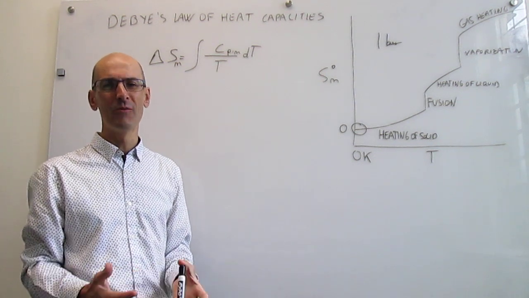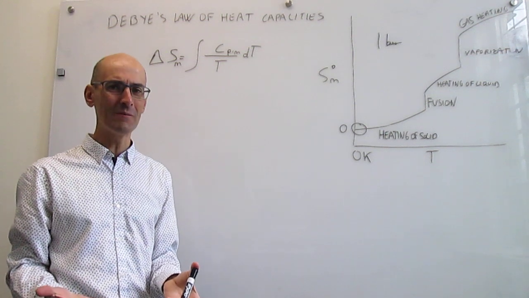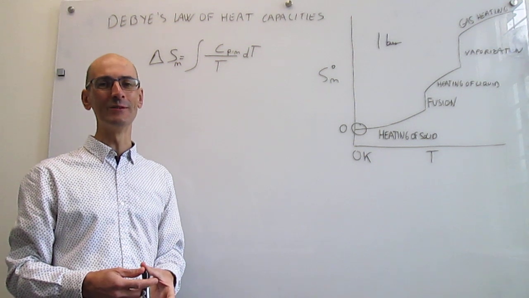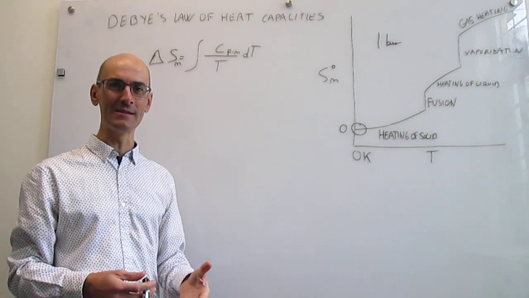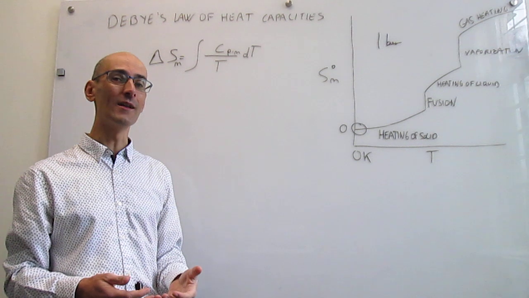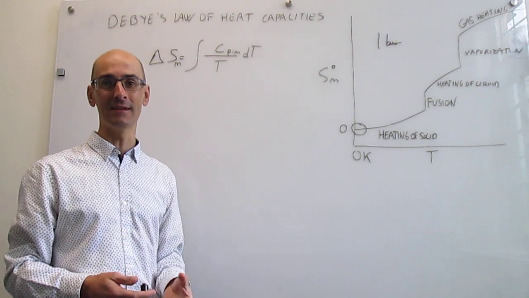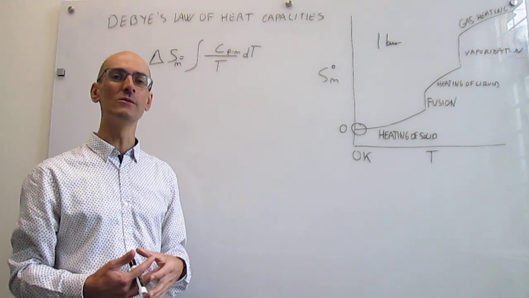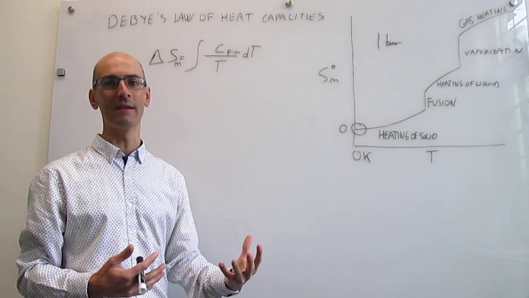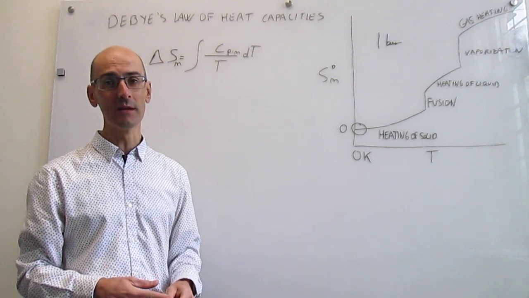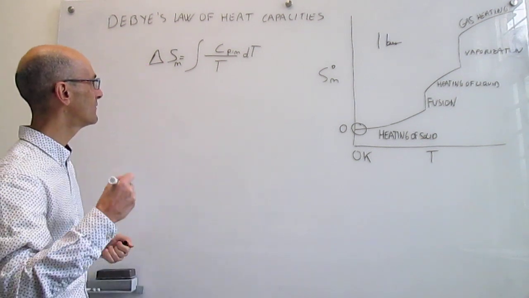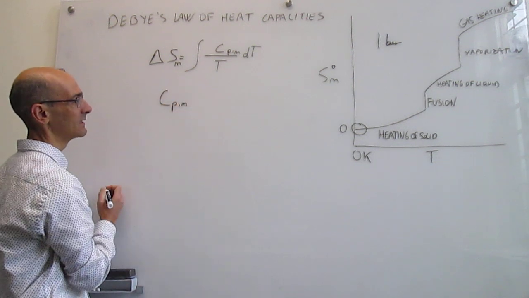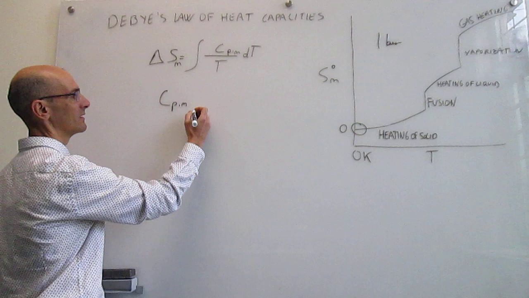Because they didn't have the instrumentation necessary to determine those very low temperature heat capacities, scientists had to rely on models. And Debye's law of heat capacities is just a model that allows you to figure out what that heat capacity looks like really close to 0 Kelvin. So after some study, Debye, who later in his career won a Nobel Prize,